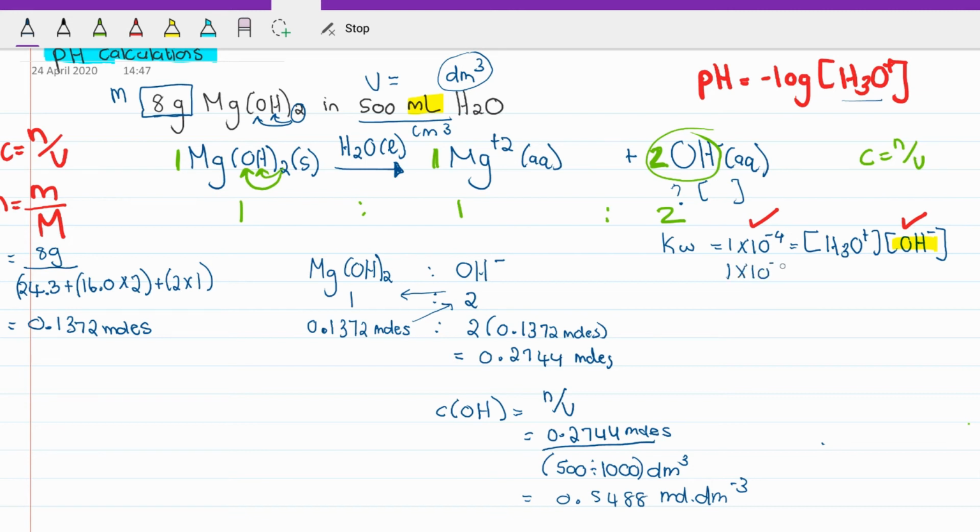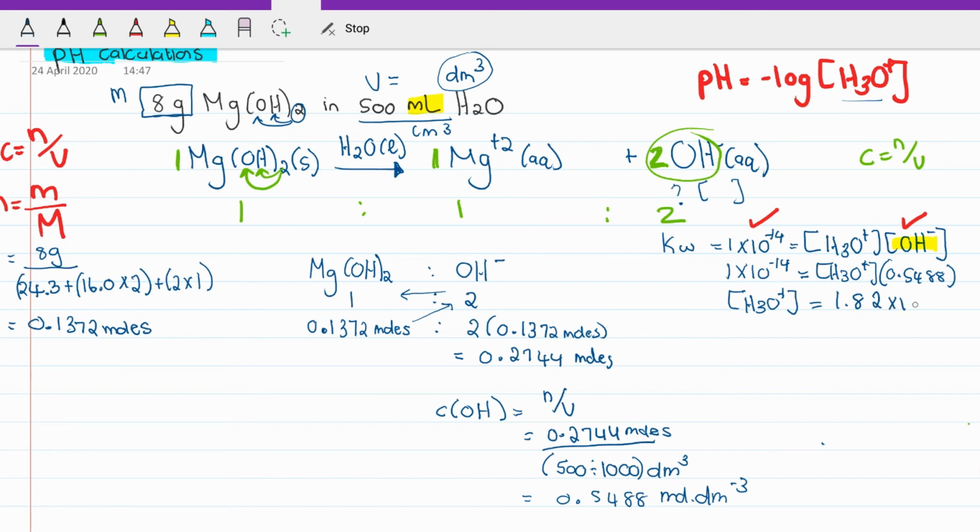And let's see, hydronium, this is what you want to get. And the concentration of hydroxide is what we have just calculated. Okay, so to get the hydronium ion concentration, you will have to divide this divided by that, right? So let me just put that into my calculator. 10 to the negative 14 divided by 0.5488, and that gives me a concentration of 1.82 times 10 to the negative 14